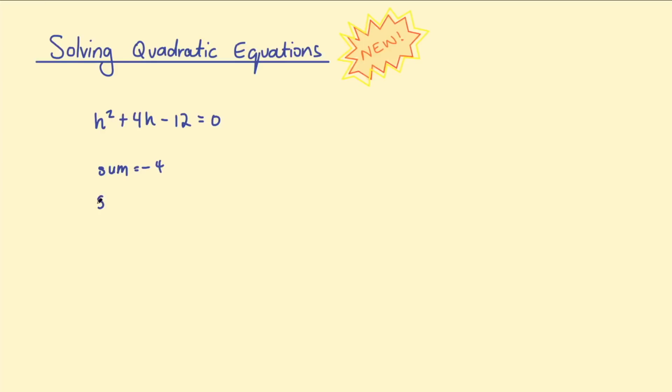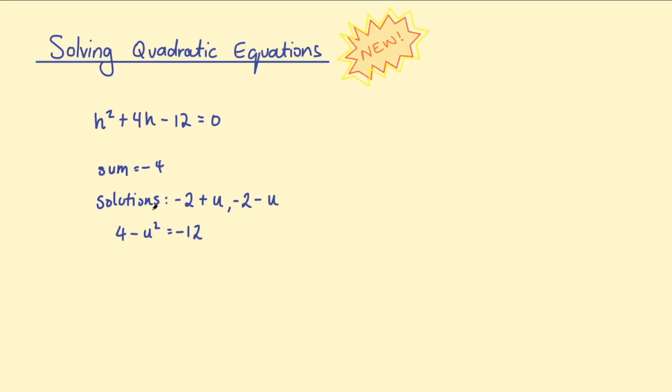Then we can say the solutions will be related to the average of this. So we take half of this number, -2, and we add u. And then the other solution is half of the sum, take u. So here are my two solutions, and then I want to solve for u. I do that by multiplying them together and saying their product is this constant term here. So if we multiply these out, we get the difference of two squares. So what we'll have is the square of this number here, this -2. So -2 squared is 4, and then we take the square of u, and this equals this product up here,